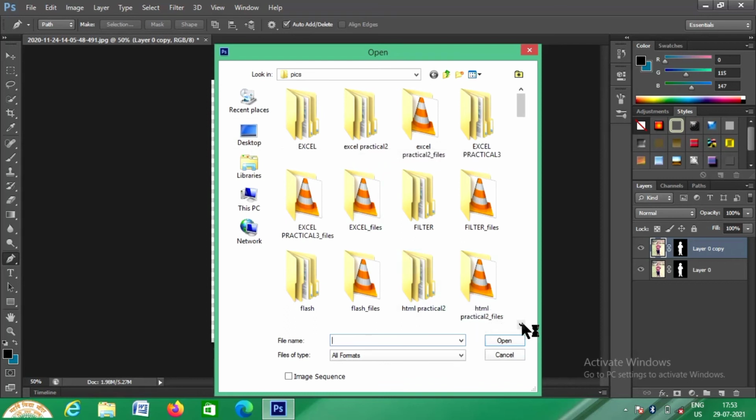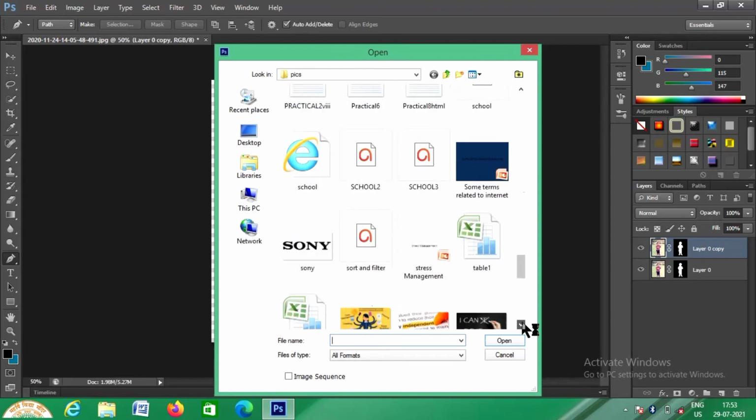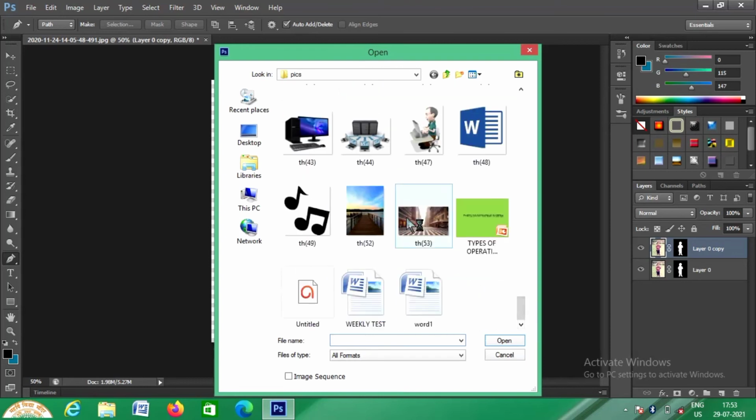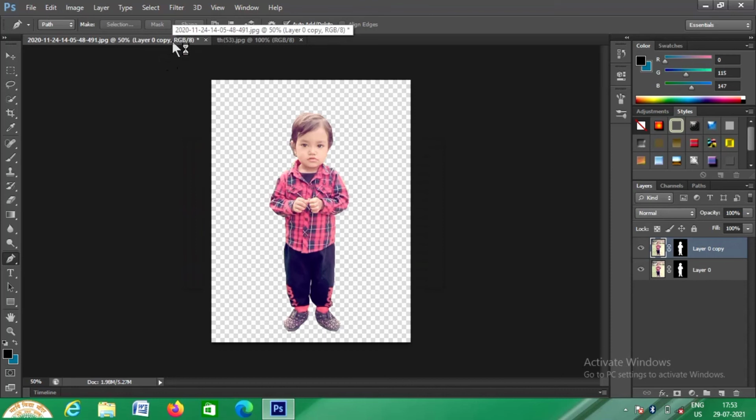You can type in Google picture background and you can get any background. I have downloaded one background and I am searching for that background here and opening it. This is the background. Now here you need to first select it. You can select it by Ctrl A, or you can also use the selection tool that is present towards your left hand side. Then do copy, Control plus C, or you can also get the copy option in edit.